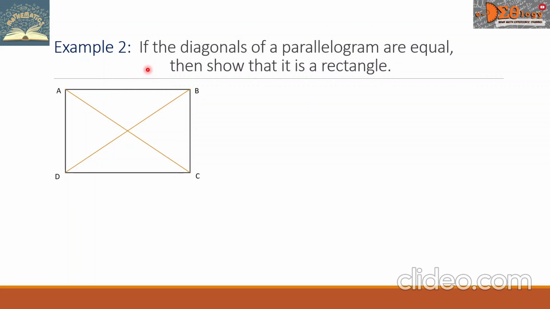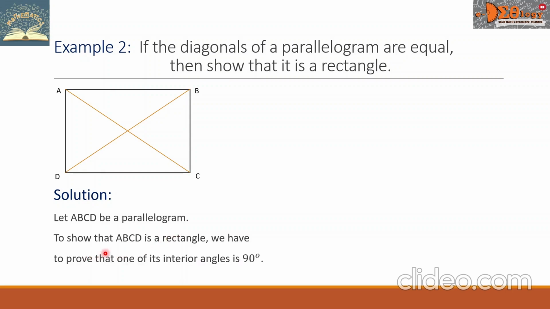Example 2. If the diagonals of a parallelogram are equal, then show that it is a rectangle. Let ABCD be a parallelogram. To show that ABCD is a rectangle, we have to prove that one of its interior angles is 90 degrees. We see that in triangle ABC and triangle DCB,